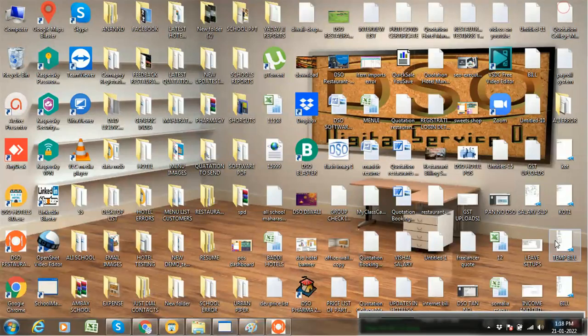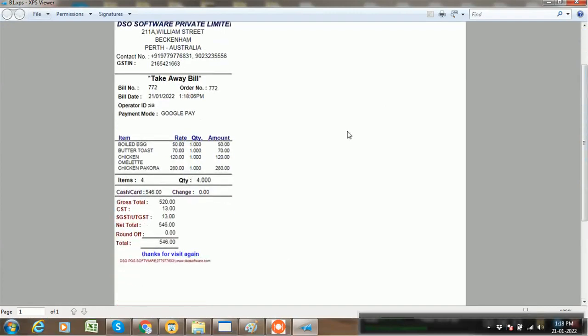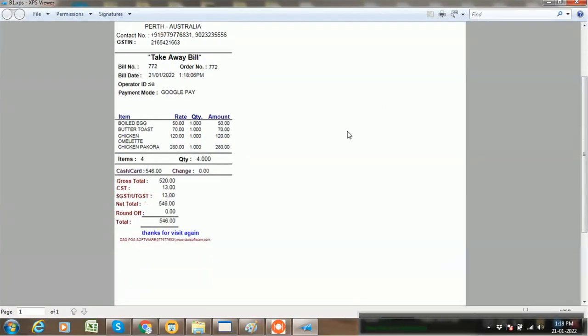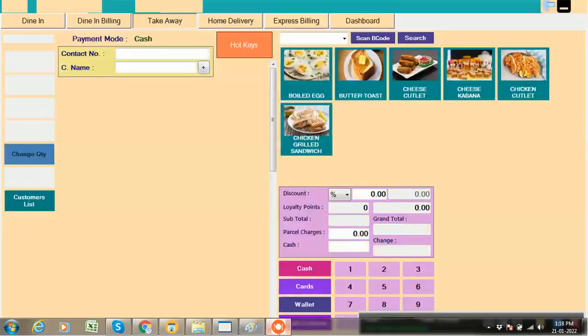I will show you how to do takeaway. This is a takeaway bill, self-service system. In the self-service system, whenever you click on save plus print, the order will be closed easily.